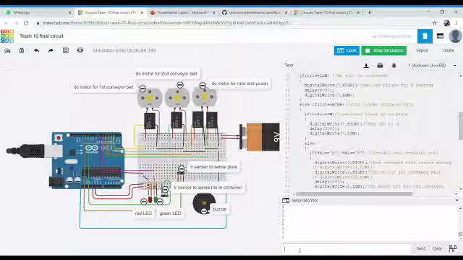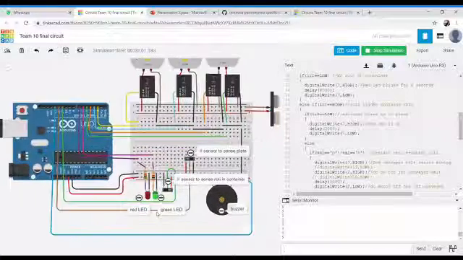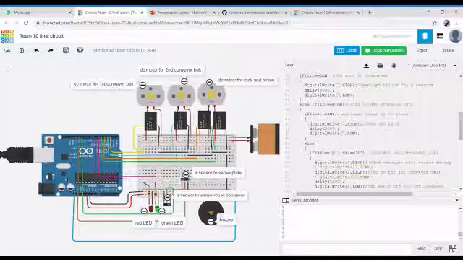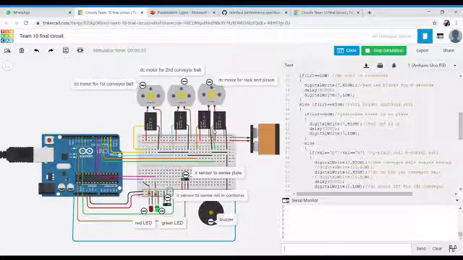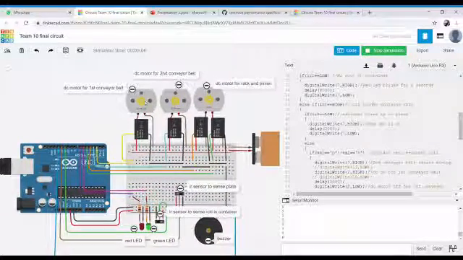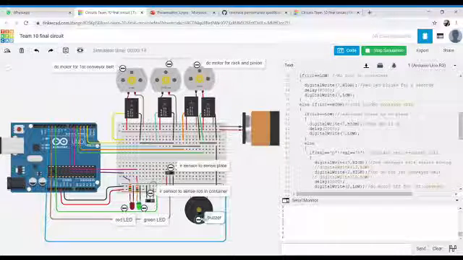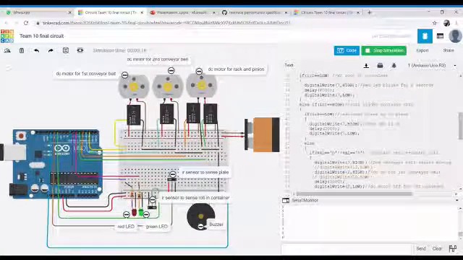When I give the value as A, the bot is turned on. This is indicated by the glowing of the green LED. First, let me demonstrate the working of the circuit for plain roti. When the option for plain roti is given, the first conveyor belt moves for 5 seconds, then the second conveyor belt dispenses the roti in the plate and the buzzer buzzes. We can see the demonstration. The buzzer buzzes for 3 seconds, indicating that the process is completed.